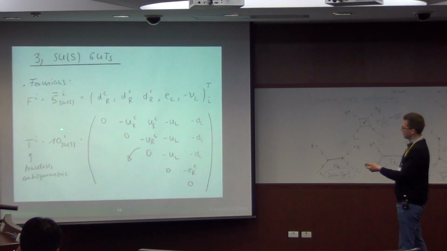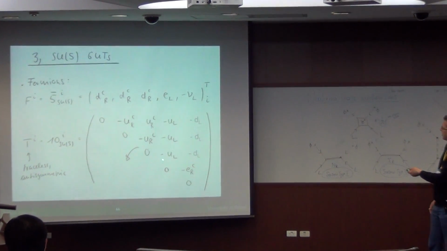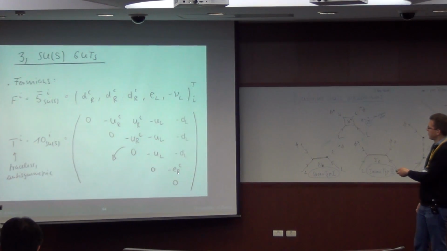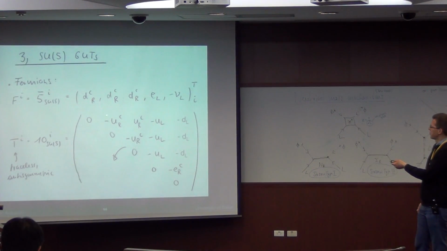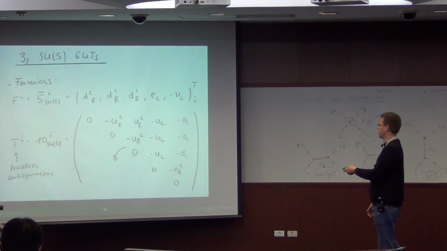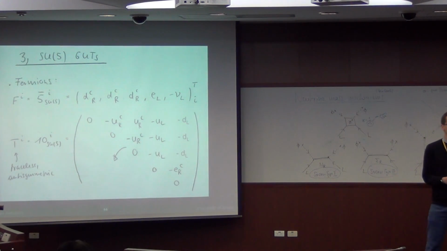We also have a 10-dimensional representation, a traceless antisymmetric matrix, where you have now embedded your quark doublets. So here is one quark doublet, the second color, the third color, and you have your right-chiral electron, and you have your right-chiral up quarks. They are embedded in this 10-dimensional representation. Okay. So all the 15 degrees of freedom of the standard model,